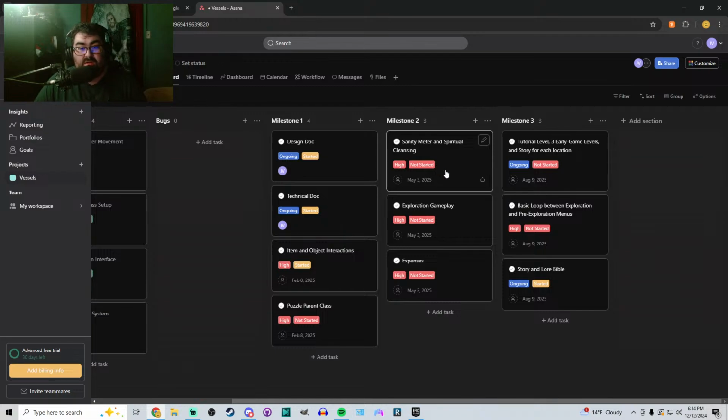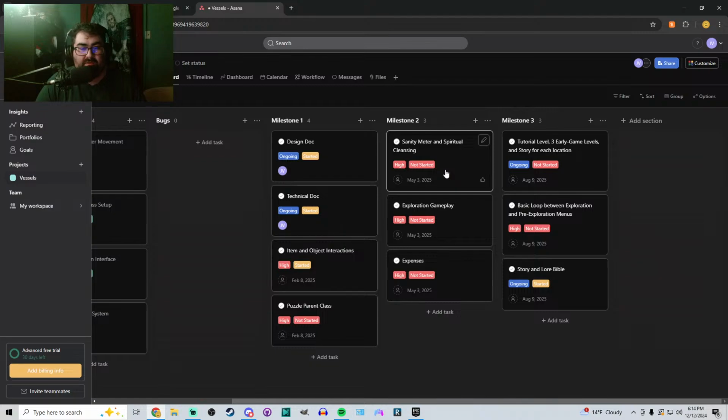actual core gameplay. So you're starting from your start menu. You have all the different menus available from there, your inventory, your item management. You can view all your notes. You can view emails, which is something I want to add in as well, like for messages to pop up from NPC characters. Your expenses, your spiritual cleansing option, your markets, all that sort of stuff. And then you can also select your location that you're going to be